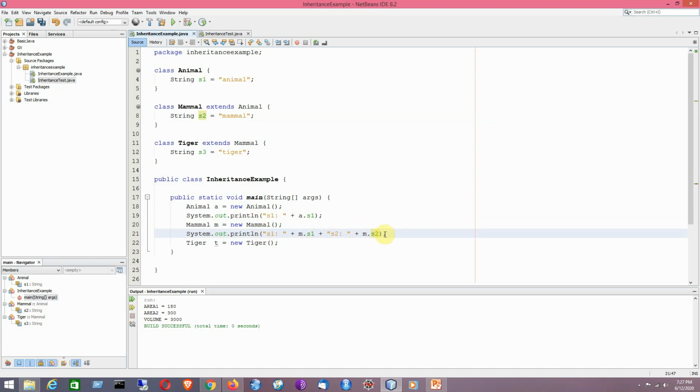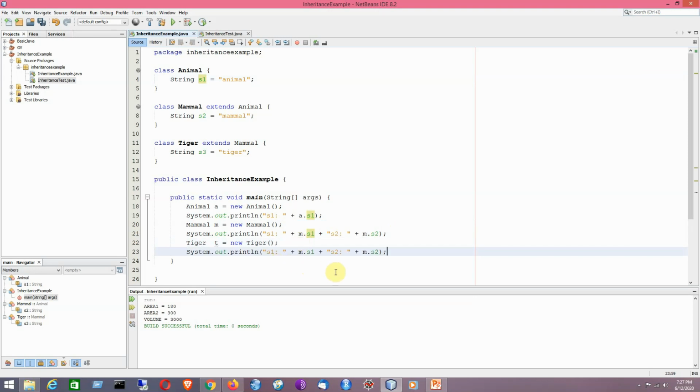It is its own property that I can also write here. So the object reference m of the Mammal class will be able to access the property of its superclass as well as its own property. That is normal practice.